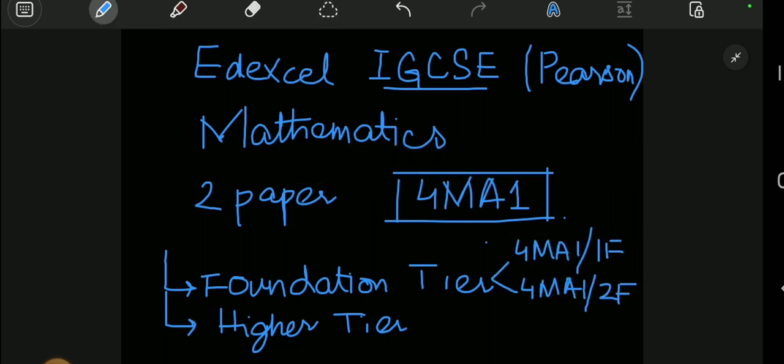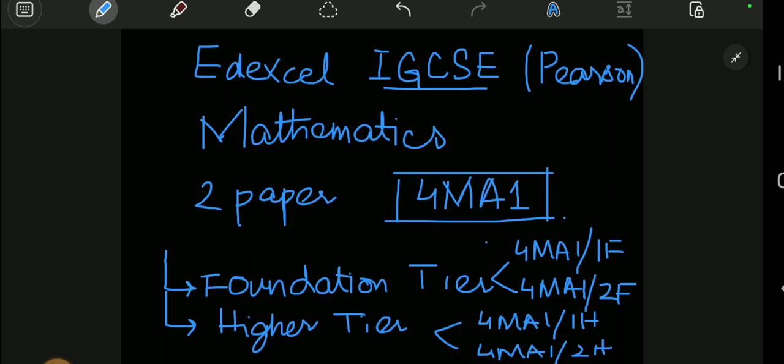And for the higher tier as well, we have two codes, 4MA1/1H and 4MA1/2H. First we'll follow the syllabus, cover the main topics, and then we'll do the topical past papers,